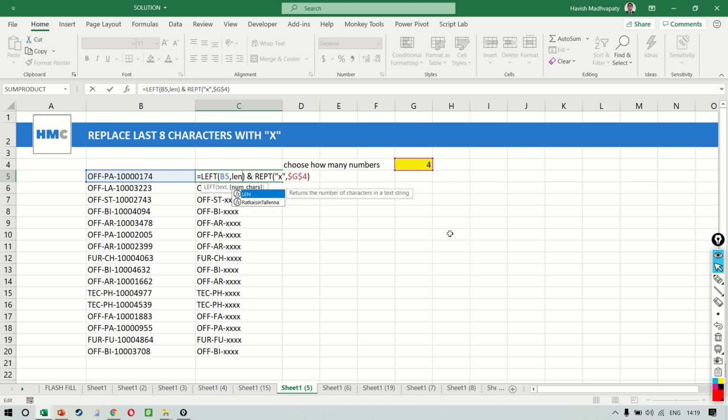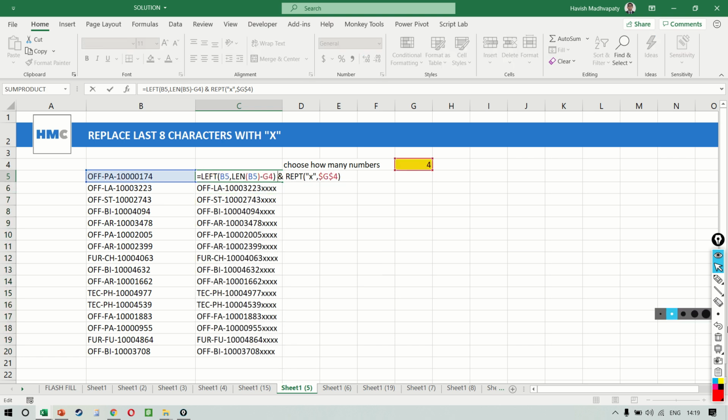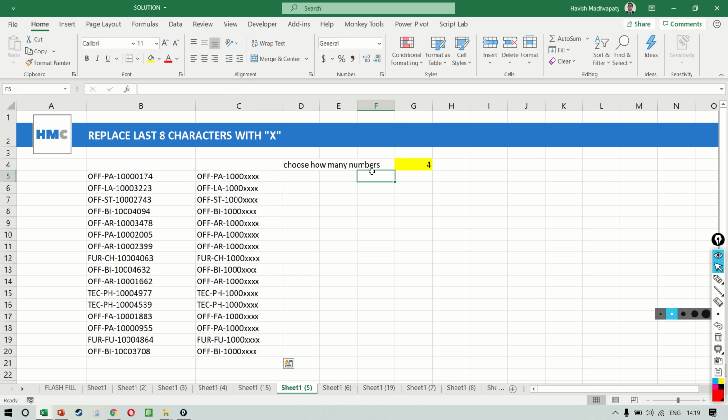So very smartly, we will say that let me find the original length of B5 and from which I will subtract the number of characters which are being replaced by an X. So let me put a dollar sign here. Okay, let's first make sure that we're getting the result that we want.